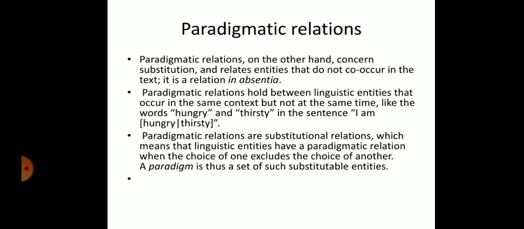Paradigmatic relations hold between linguistic entities that occur in the same context but not at the same time, like the words "hungry" and "thirsty" in the sentence "I am hungry/thirsty." Paradigmatic relations are substitutional relations, which means that linguistic entities have a paradigmatic relation when the choice of one excludes the choice of other. For example, we may say "I am hungry," and if we want to substitute the adjective "hungry" with "thirsty," we have to exclude the first one, "hungry," and then we can replace it with